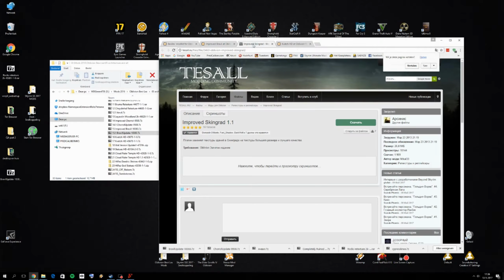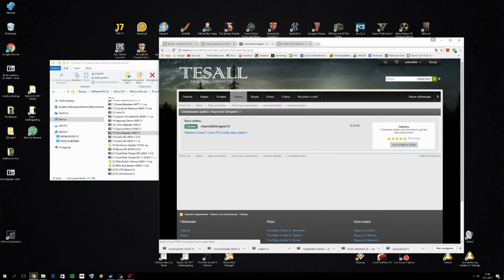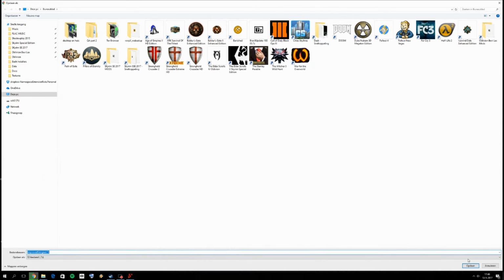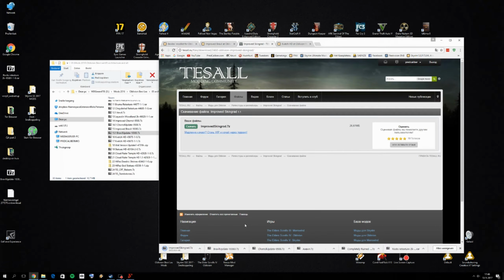Yeah. Then improved SkinGrad is just one file. Click on this Russian green button and download the improved SkinGrad zip. So once you do that, yeah, it seems I also didn't do that because the first couple of mods I didn't do with the Russian website because I didn't think it was really necessary. But yeah, and then you will see you have a lot of files which need to be downloaded from this Russian website. So for that, I did decide to